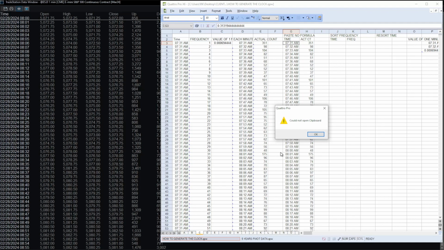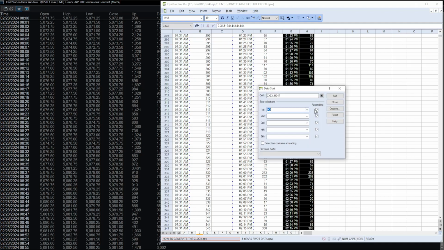Now I can go back and resort this data and sort it according to the high frequency, according to the descending, with the greatest number first. I now have